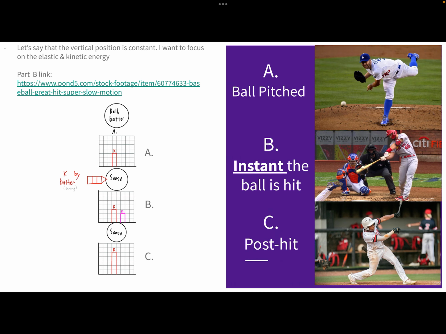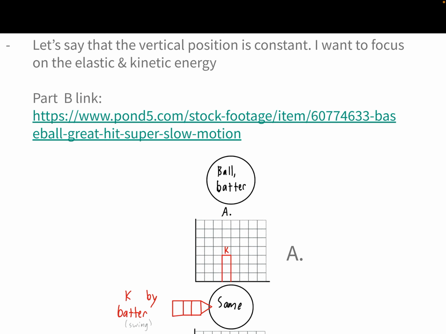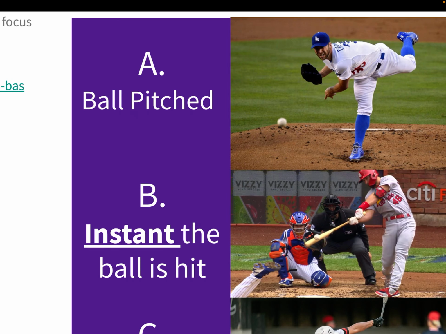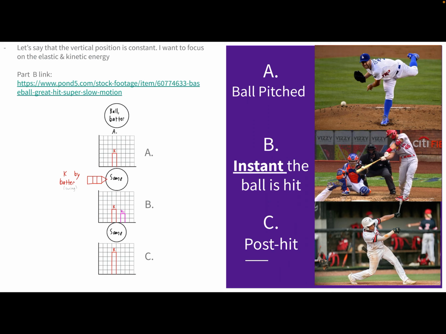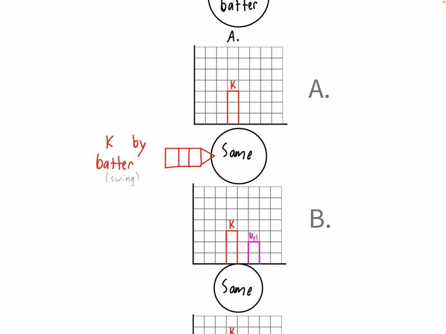First I will explain part A, then B, then we'll watch a video, and then we will see part C. Let's say that the vertical position is constant because I want to focus on elastic and kinetic energy. In part A, we have the ball just flying through the air post-throw, and the batter has not swung yet. For part B, the batter swings,